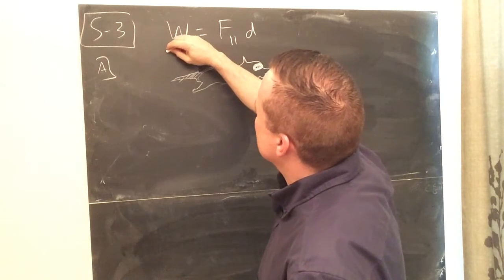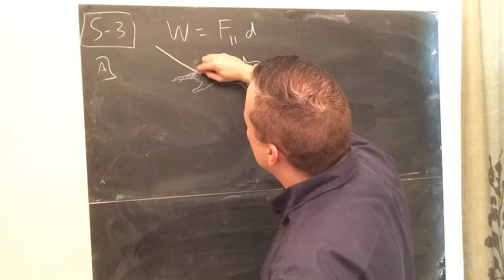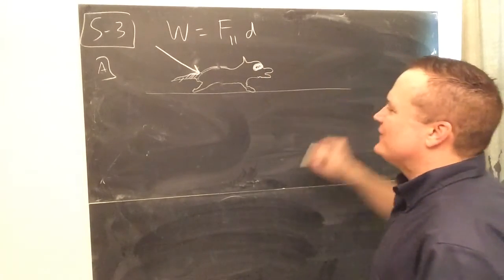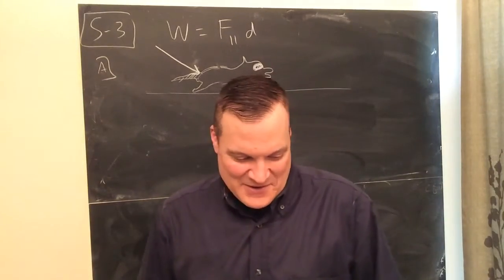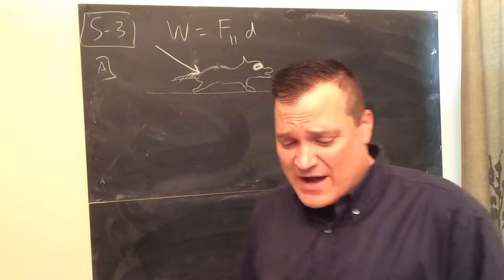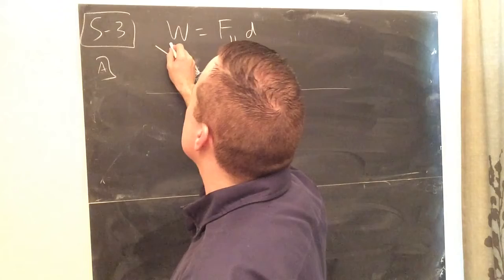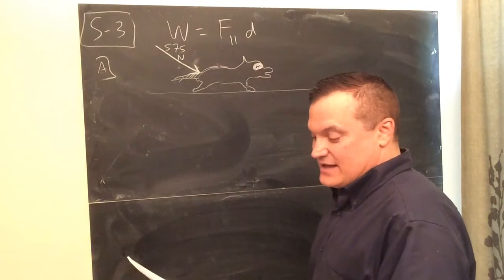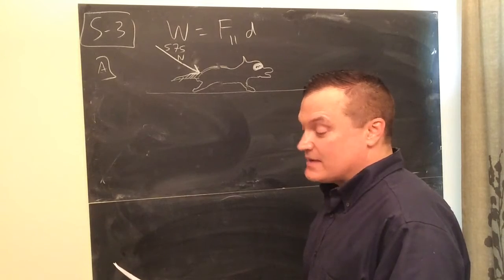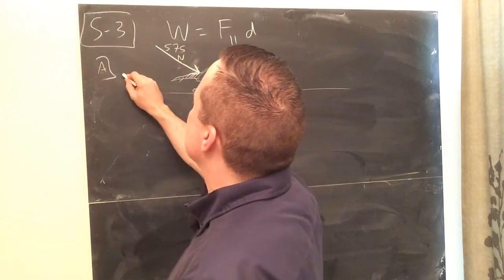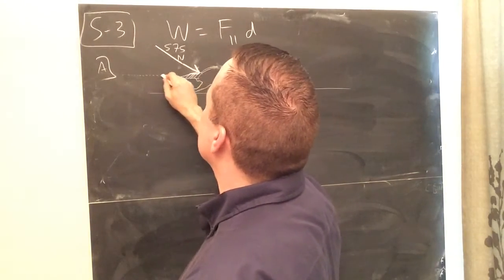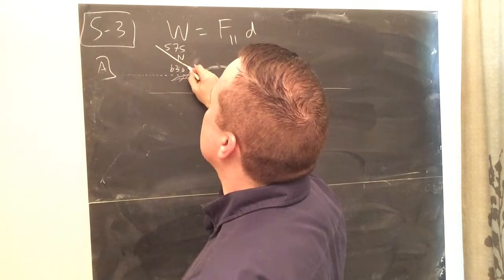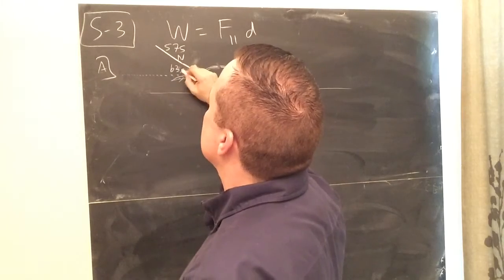All right, so we're going to push him with a force. I'm going to put a force right here. So there he is, sliding along. You're pushing the little thing along by a 575 Newton force. So 575 newtons pushed at an angle of 63 degrees above the horizontal. What that means is the horizontal is like the X. Sometimes they even say at 63 degrees above the X-axis. So that's 63